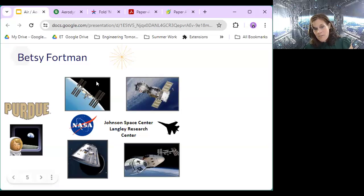You can see in the upper left the International Space Station. I was training our astronauts to take them up to the International Space Station on the guidance, navigation, and control system. So this is like how we orient our spacecraft with respect to the stars, how we do reboosts and things like that. And then when we come in and do dockings and undockings and all of those good things,